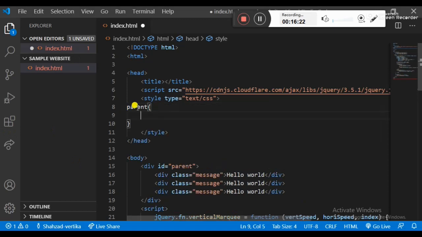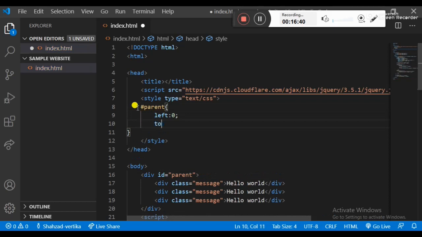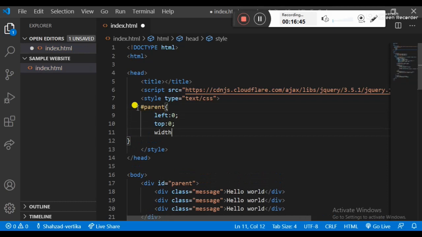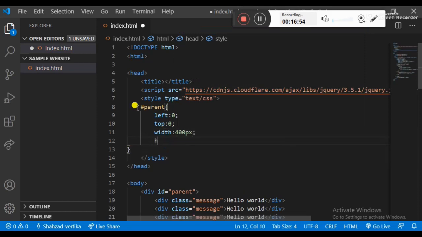So I'm just applying the hash of parent, and for the parent we just need to apply the left property. Left should be 0, top should be 0, and width should be 400 pixels, and height 100%.